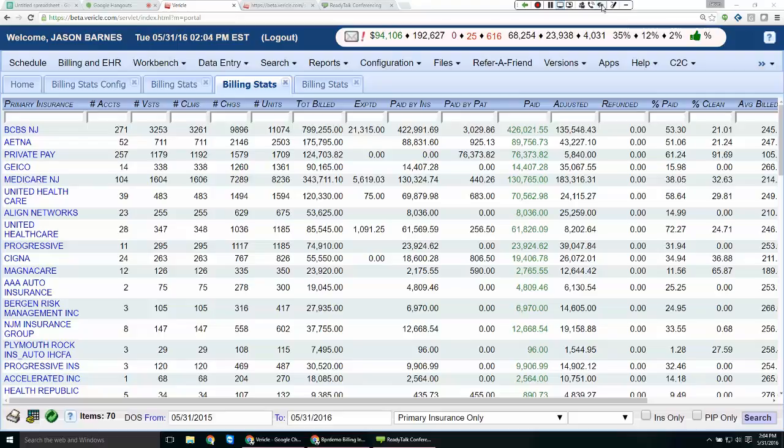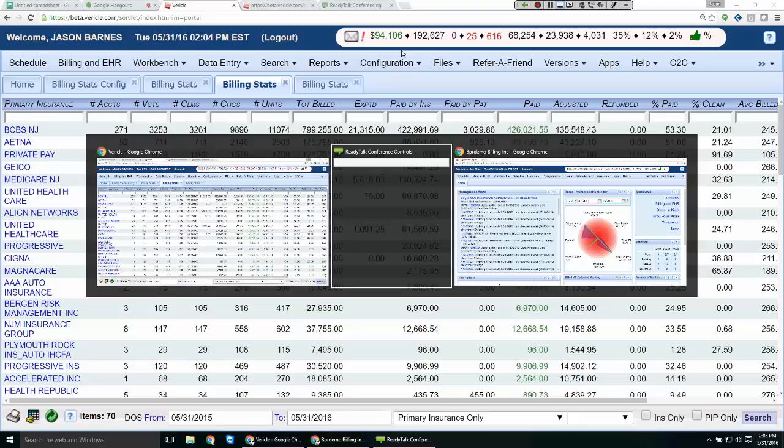But today we're actually talking about a pretty specific topic, and want to define the problem that we're looking to solve for a couple of our practices here. Collections, productivity. When it comes to certain doctors or whether or not certain payers are reimbursing, today we actually want to start talking about procedure codes, CPT codes, and how we track their reimbursement. So we've got a couple of tools we want to talk about, and we're going to first head over to